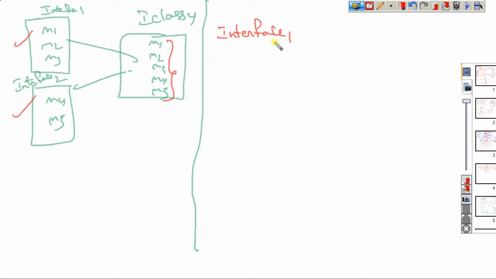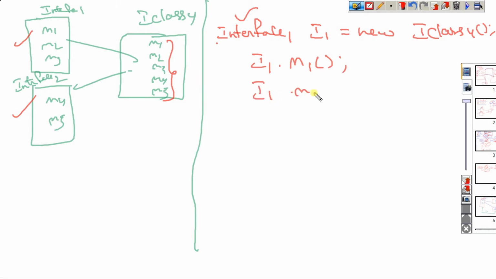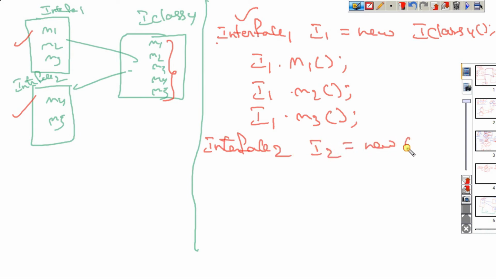Interface 1, I1 equal to new I class 4, I can write it. So this reference has the capability for only this interface's related methods from this class onwards. Next one: interface 2, I2 equal to new same I class 4.